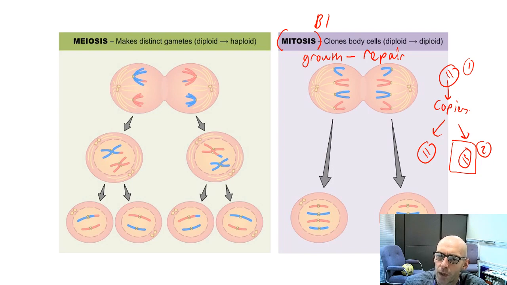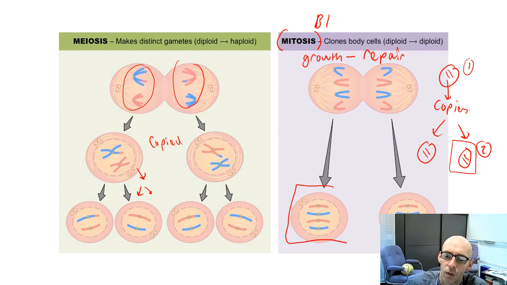But when you want to make babies, when we want to have sex, sexual reproduction, when we want to pass the genes on, what happens then is we go from these pairs of chromosomes up here, and the first stage is very similar. They are copied. And then it splits, very similar, but then it splits again. So instead of ending up with 2 cells, like we do over here, we end up with 4 cells.